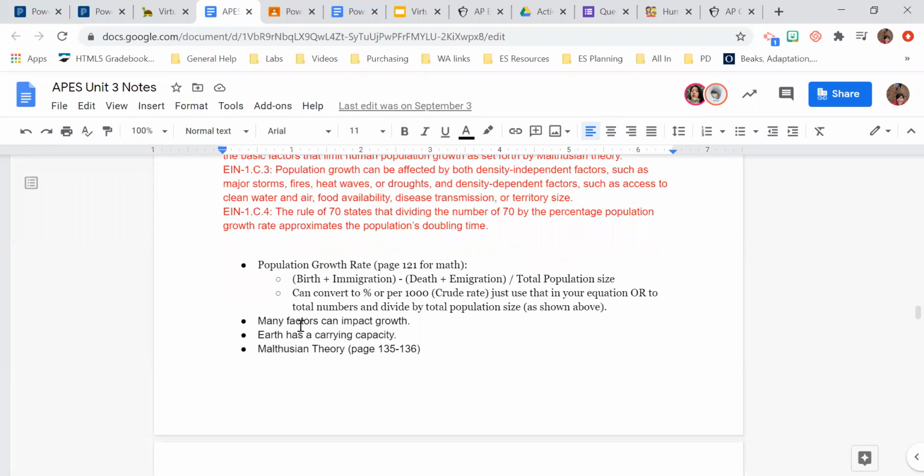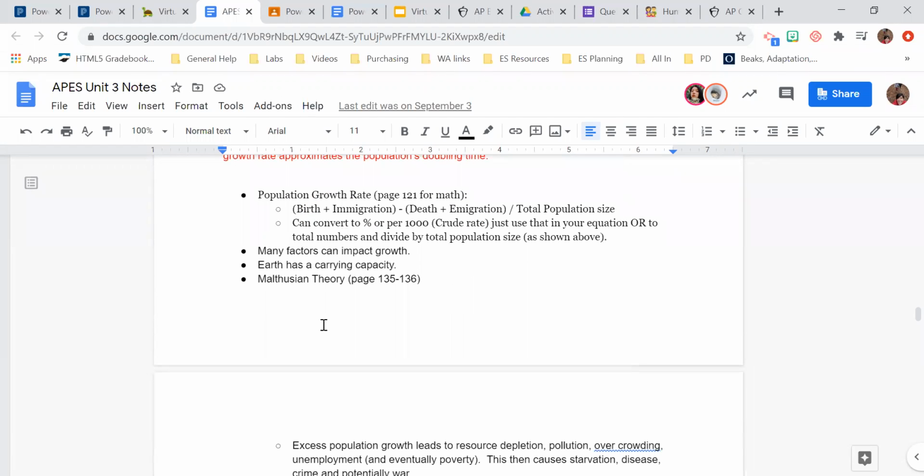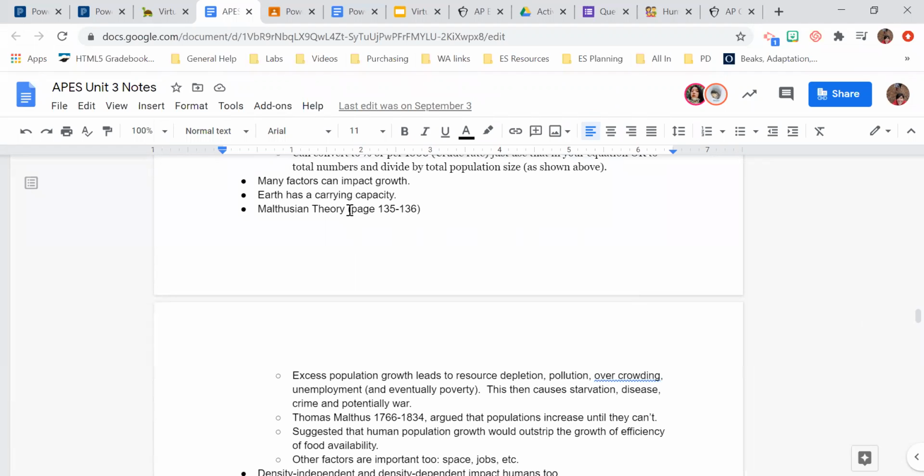Now, we have lots of factors that are going to impact growth. So we've already mentioned a couple of those. Infant mortality would be one. Maternal mortality would be another. Education of women would be one. There's lots of different factors that are going to affect this population growth, especially in humans. We make a lot more choices consciously than animals do. So a lot of those choices and ways that our societies are set up can affect population growth rates. So we'll talk more about different ideas and how to discuss those next week when we finish up the notes. We're just going to go over some of them now, or we'll go over some of them over the next couple of sections.